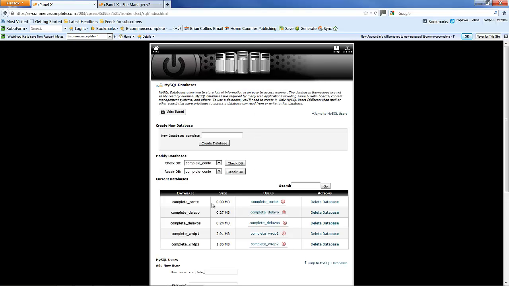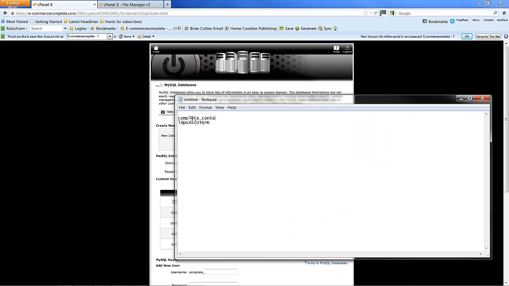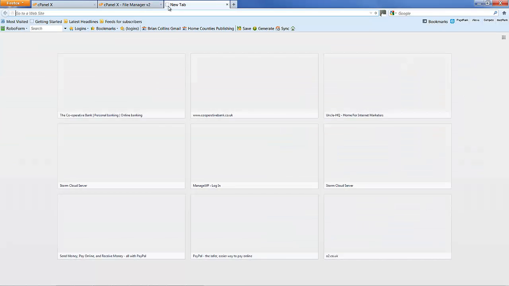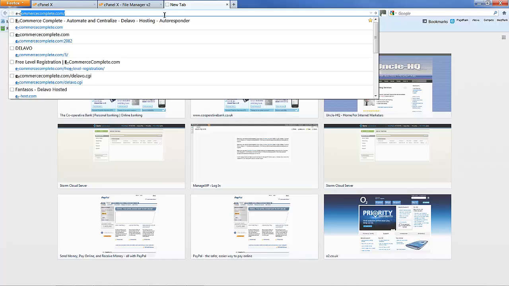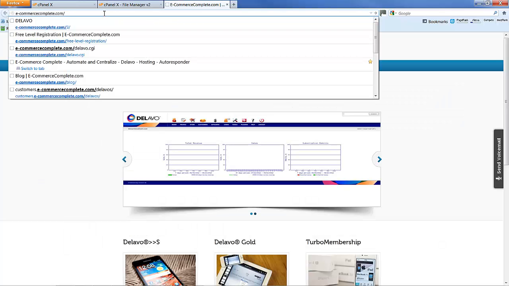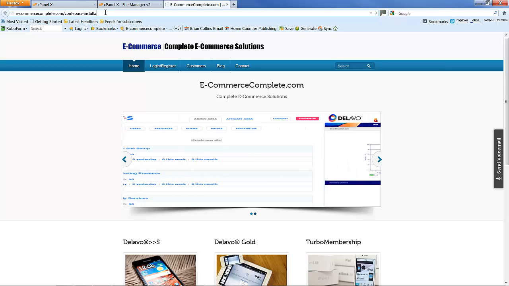I want to take a copy of the username and the database name, because we're going to need that in a couple of minutes. Let's pop that into the same notepad document. Now I'm going to actually go to the domain. Go to the domain Contepass install.cgi,